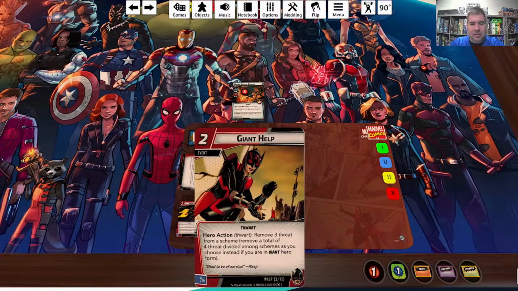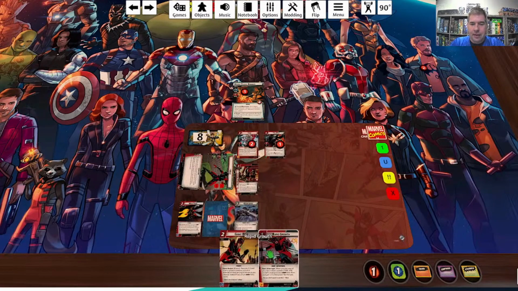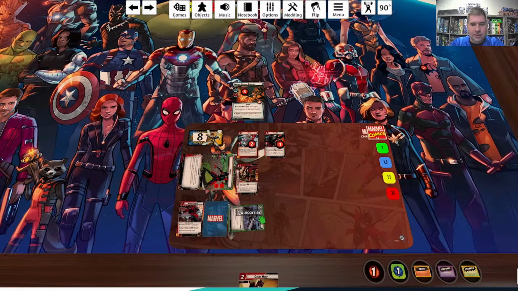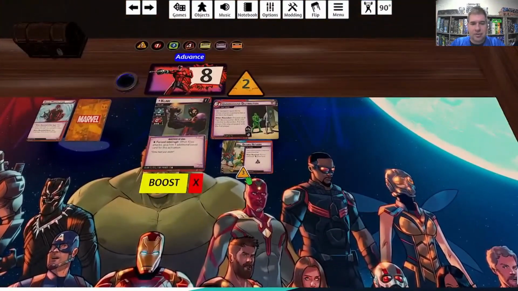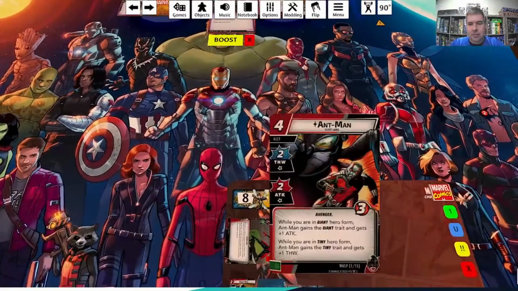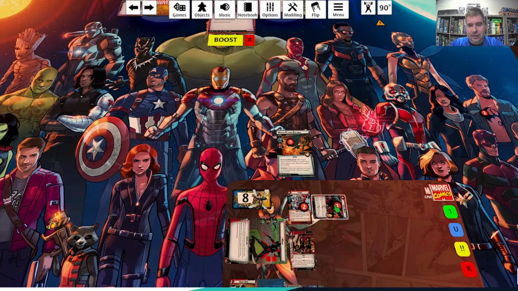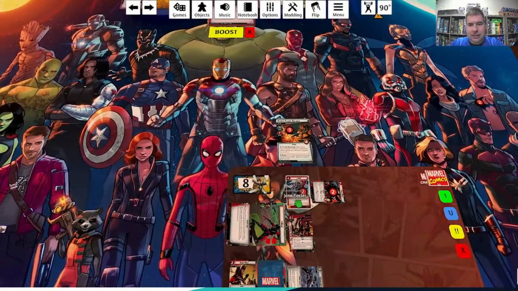Wait. I'm sorry. So I want to stay in giant for now because Giant Help lets me thwart better. So that's what I'm going to do. I'm going to play 1, 2 to play Giant Help, which lets me remove 4 threat divided among schemes as I choose. So there's 3 there. Goodbye network defense, and then 1 more to the main scheme. All right, and while I'm in giant form, Ant-Man is also in giant form, so he's going to get 3 attack. So actually, being in giant form right now seems to be the way to go. So 3 attack. 1, 2, 3. We get...